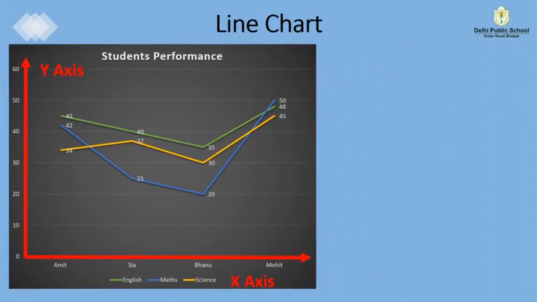Now, this is a line chart. Line chart is in a form of lines. It is very similar to plotting a graph on a graph paper with its values on x-axis and y-axis. A line chart uses connecting dots to display the data over a period of time. As you can see here, that the dots are joined from the marks scored of the child from one subject to another subject.